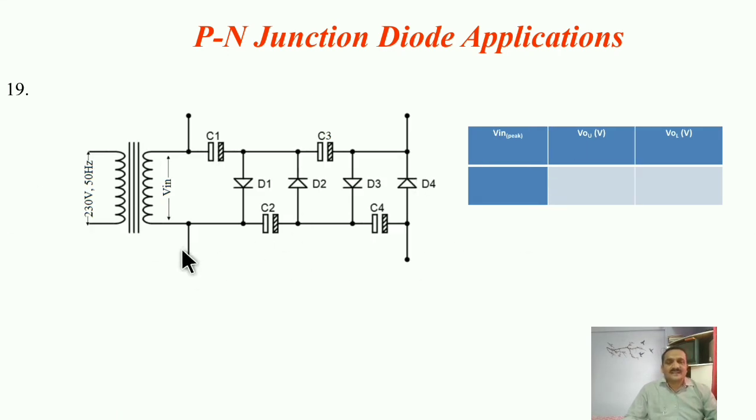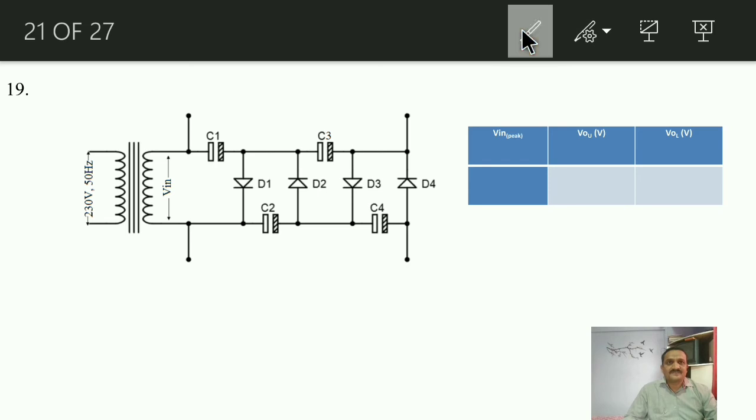Now in this circuit, during the first positive half, diode D1 will conduct. Current always takes the minimum and shortest path. That's why diode D1 will conduct. Capacitor C1 will get charged with the polarity like this and with the amplitude of Vm, right? During this first positive half cycle, diode D3 will not conduct because, as I said, current always takes the shortest and minimum resistive path. That's why only diode D1 will conduct, right? Now during the negative half, this terminal will become positive, and that's why current will flow through diode D2 like this.